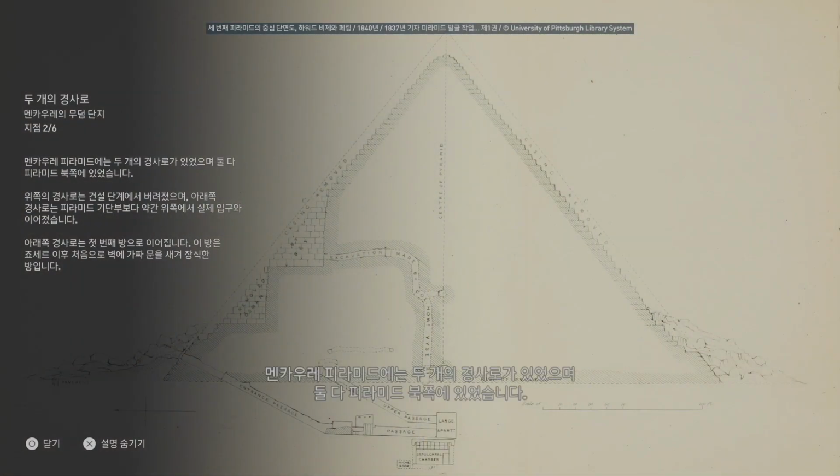Mencara's pyramid contains 2 sloping passages, both located in the northern side of the structure. The upper one was abandoned during the construction phase, whereas the lower one, slightly above the base of the monument, constitutes the real entrance. The lower passage leads to a first room, which, for the first time since the reign of Djoser, is decorated with engraved false doors.